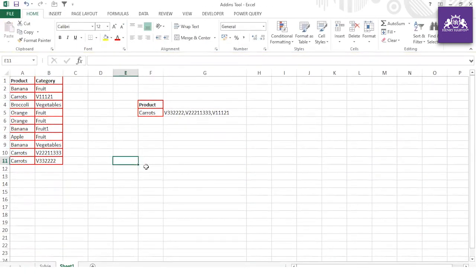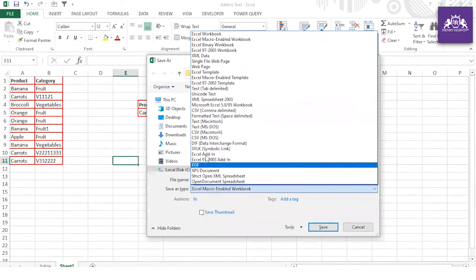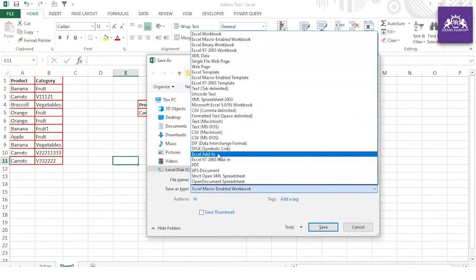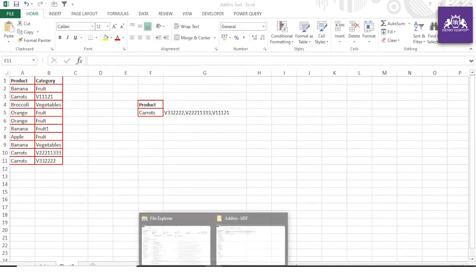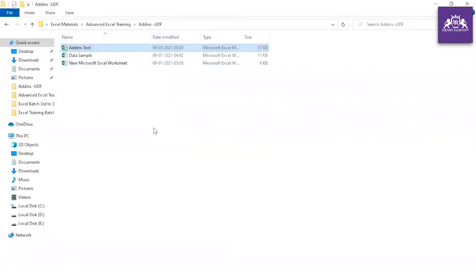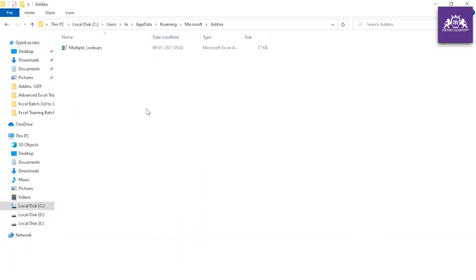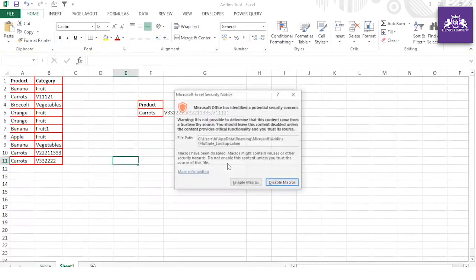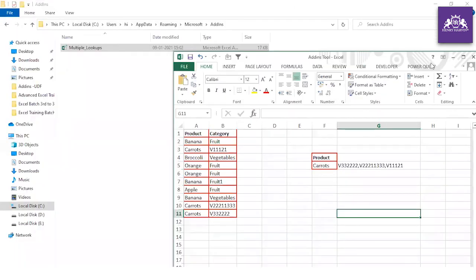Now if you just press F12, all right, go to add-ins, select add-ins again, because you have to correct the formula. Now you see this is the function. Control C, and now go to that folder and maybe just Control N, and now put that path and go. This is the code which we had saved there already. It is open. Now this we actually opened.